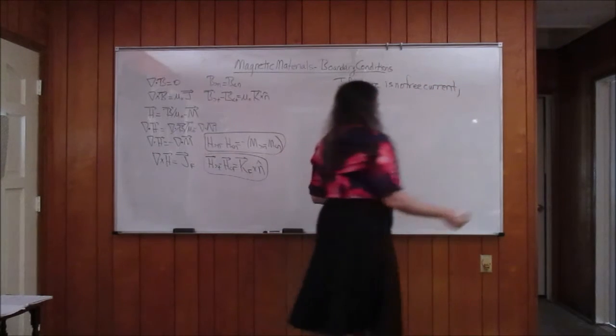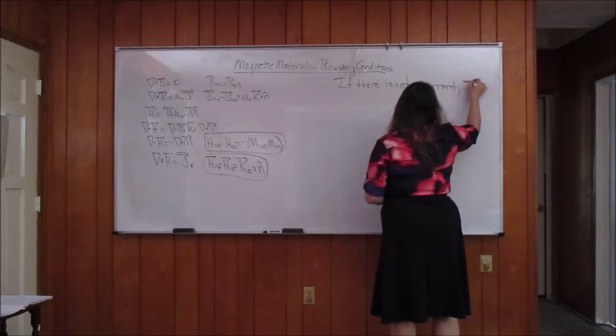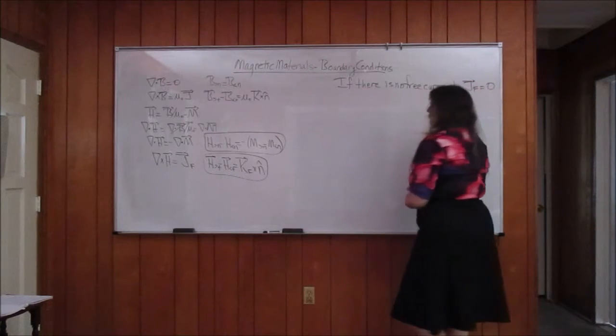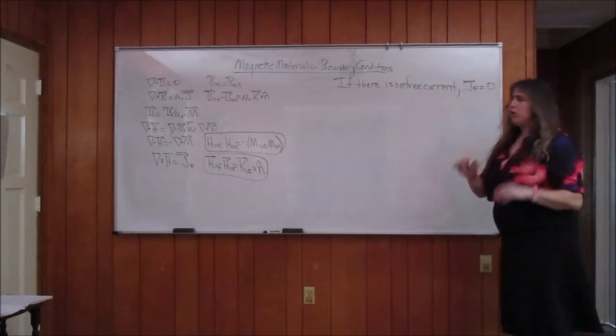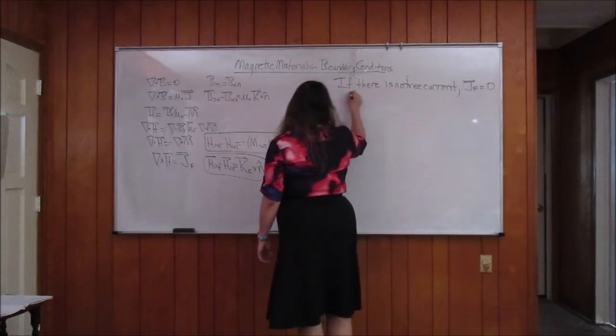So if there's no free current, J_F is equal to 0. And therefore, curl of H